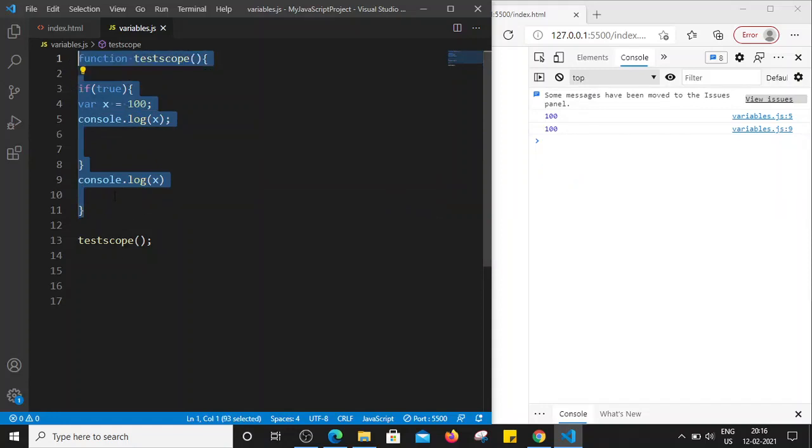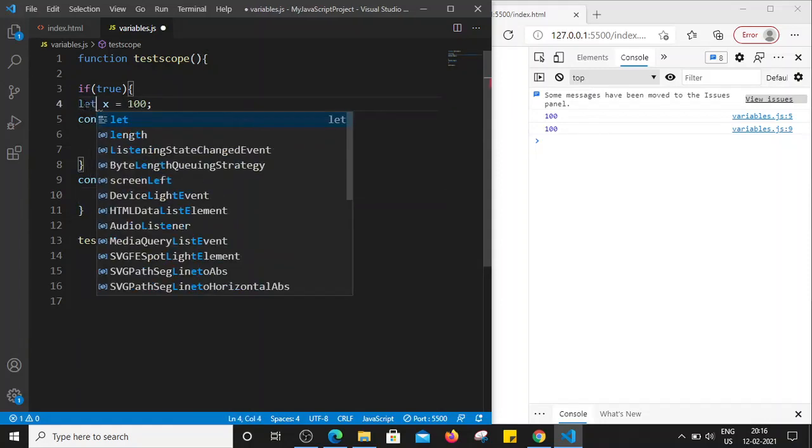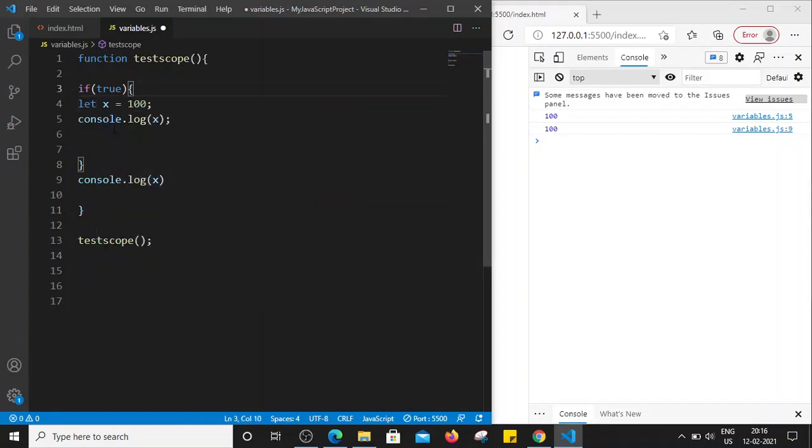So this is the function scope. Similarly, we have seen that let and const are block scoped. Now what does that mean? So for example, now I'm going to simply change this var to let, correct? So now this is our block, and I'm just removing this. Let's first check whether it's accessible within the block or not, right? I have just declared let x is equal to 100 and I'm printing that value in our block only. Let's save this file.